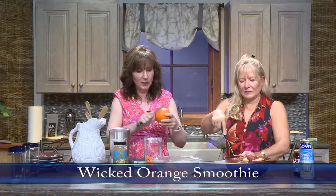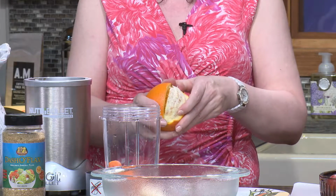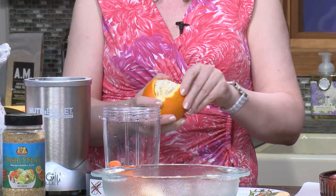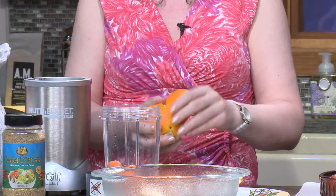And the next one is going to be orange, an actual orange. I'll probably put in about half the orange because the orange is great too because it's got a lot of vitamin C. The carrots have a lot of retinol and vitamin A, which is really, really good for you. And the other thing we're going to put in here is turmeric and flaxseed. And the turmeric actually is an anti-inflammatory. So if you can think of this smoothie as the anti-inflammatory smoothie,